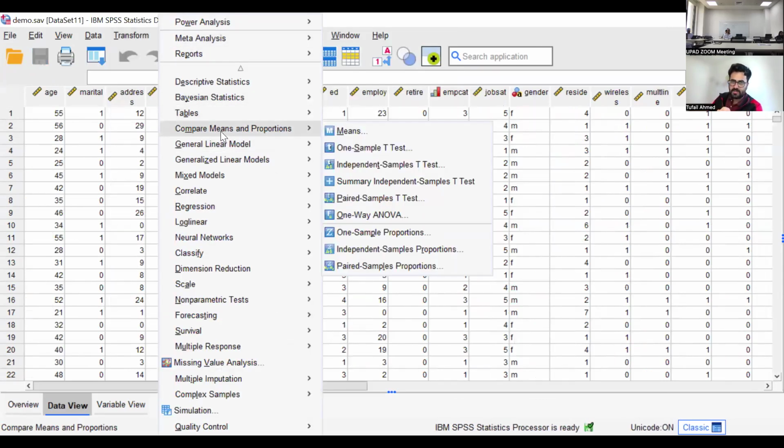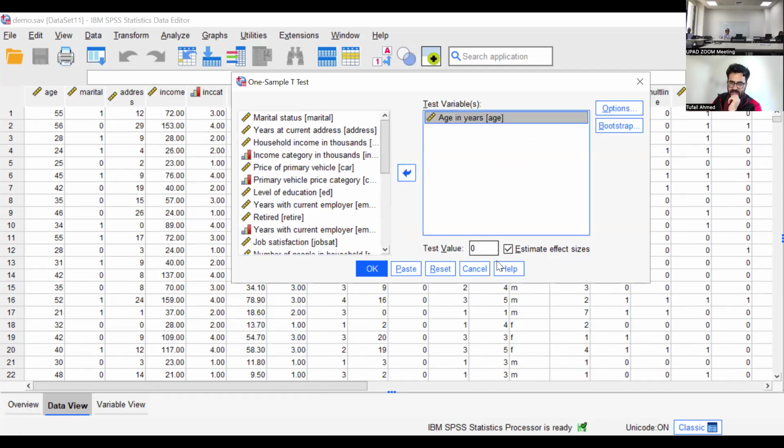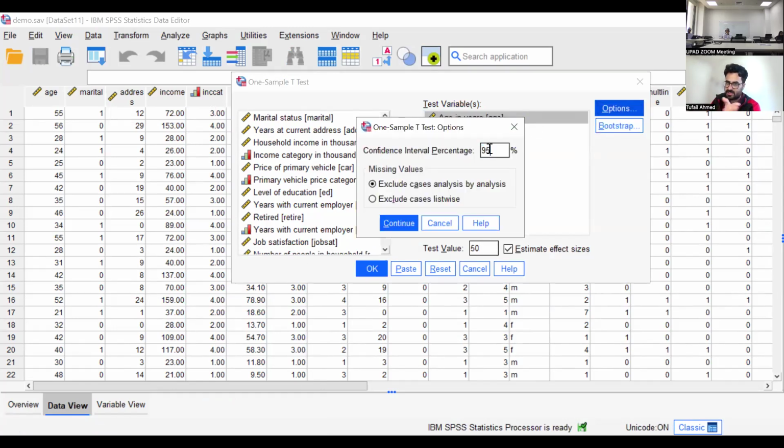I go to compare means. I click one sample t-test, and then I look for age, and then I give a hypothesized value. Let's say I give 40. Inside you see 50. Options, leave it.